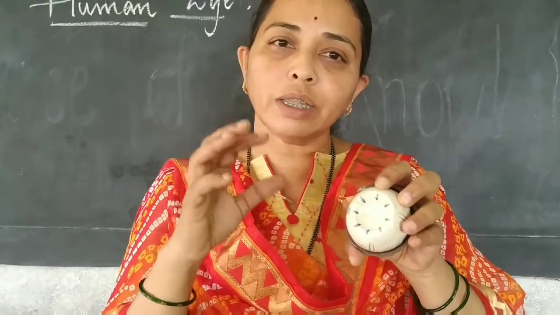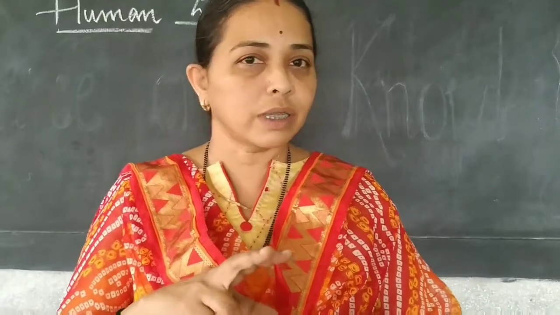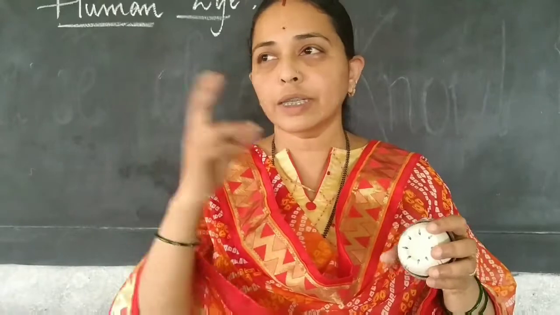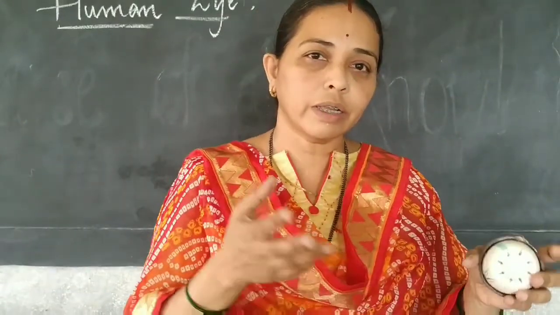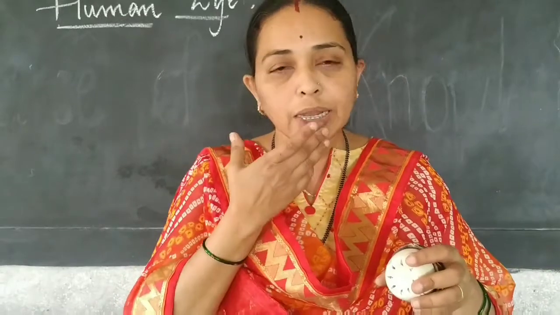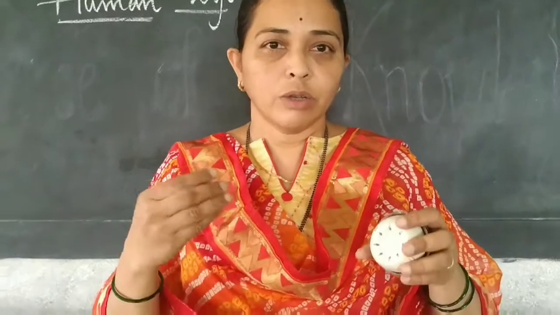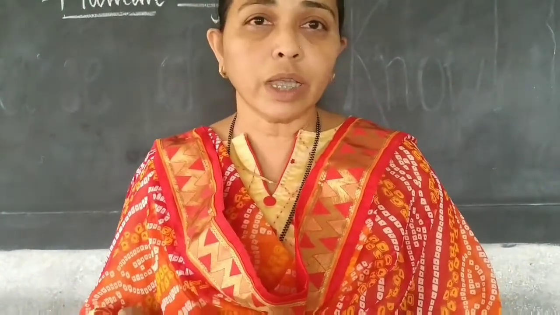So it has light sensitive cells. Two types of cells are there, rod cells and cone cells. These cells also detect color. So you can see the leaves are green, the flower red. You can see the color. So that detection, that difference, can also be made by the eyes. I hope you have understood. Many terms are there.